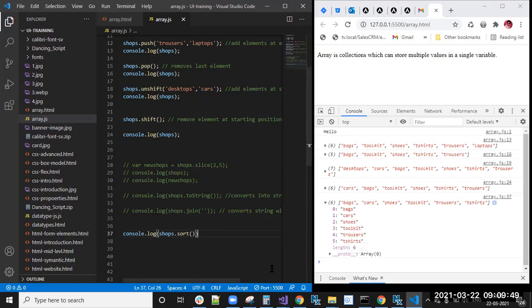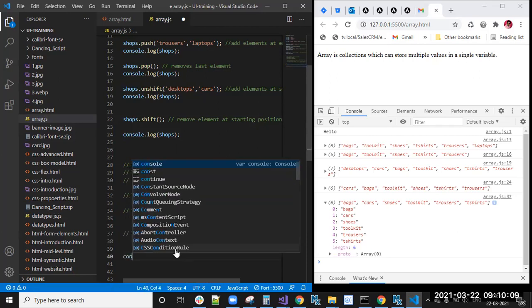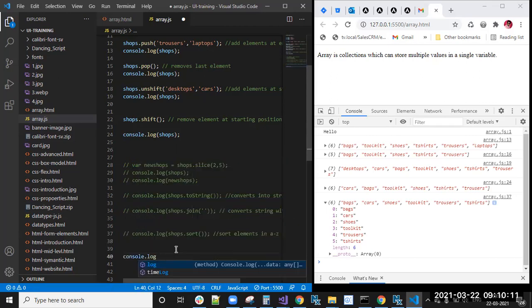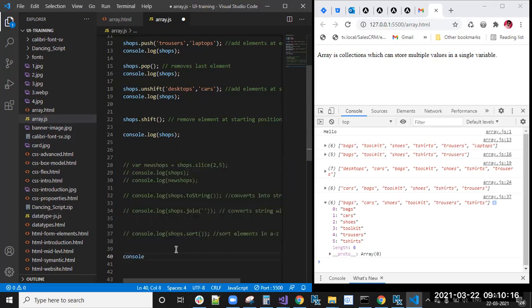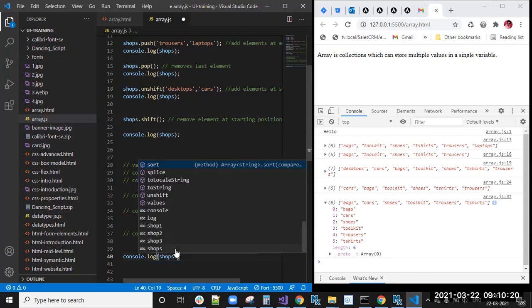Z to A means reverse order. How can we do reverse? First sort the elements in A to Z. Now I'm commenting this. Now console.log of shops.reverse.